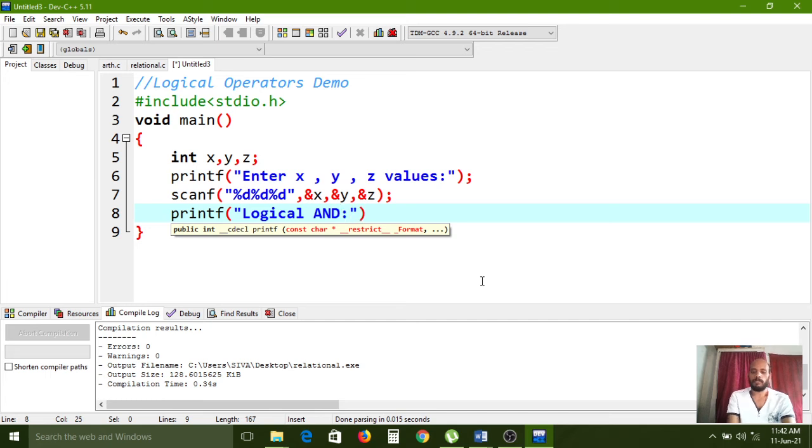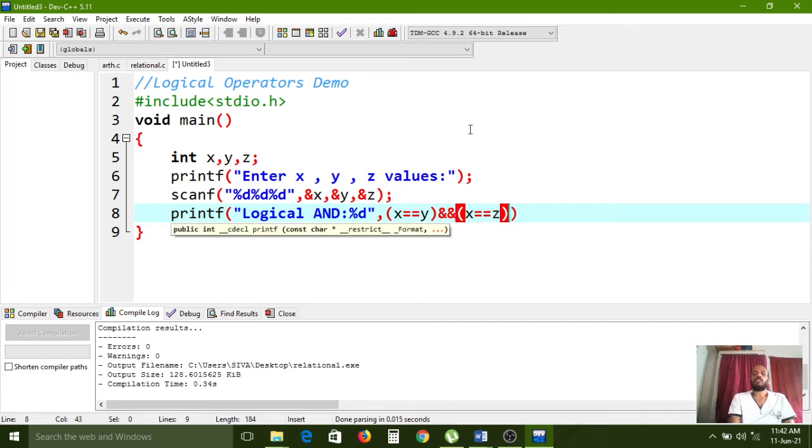We are using one %d, comma, and one condition x equal to y. Here at a time two conditions need to be satisfied: x equal to z.